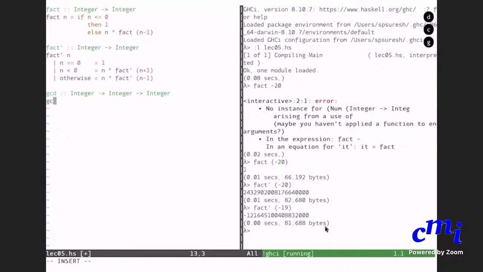So GCD of A B. Yes, we can use the recursion: GCD A B equals GCD B (A mod B). Okay, under what conditions? So you are saying GCD, but there has to be some stopping point. When do you stop? When A mod B is equal to 0. Okay, when one of the things is 0, you can stop. Yes, I'll say if B equals 0, I'll return A. Else GCD of B and A mod B.